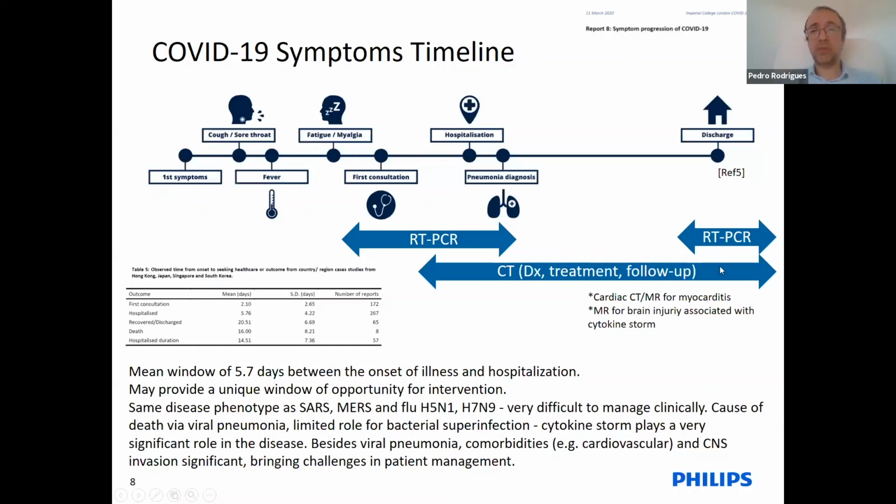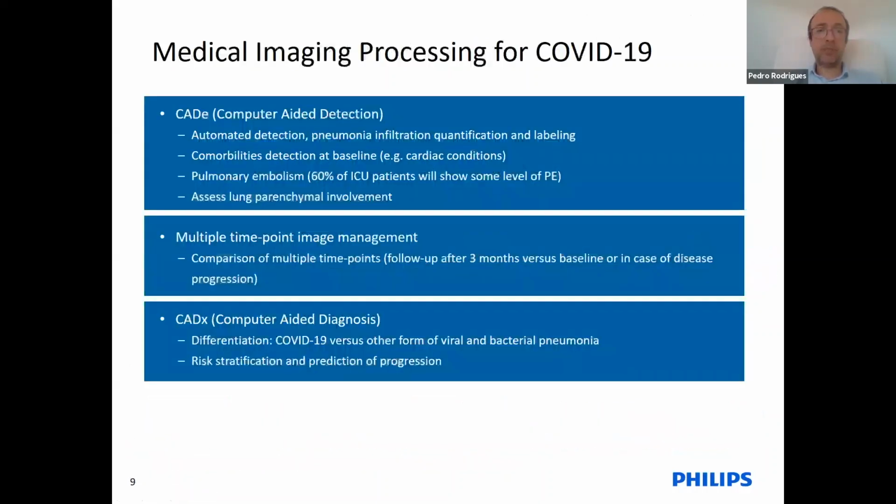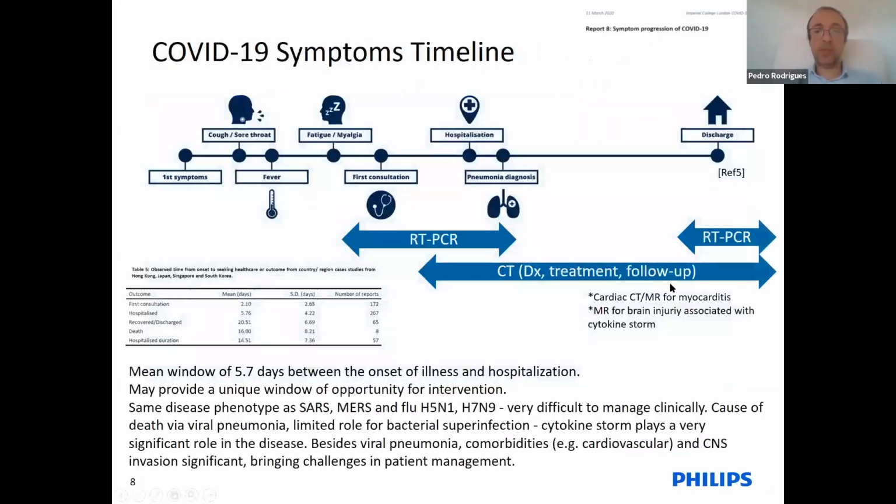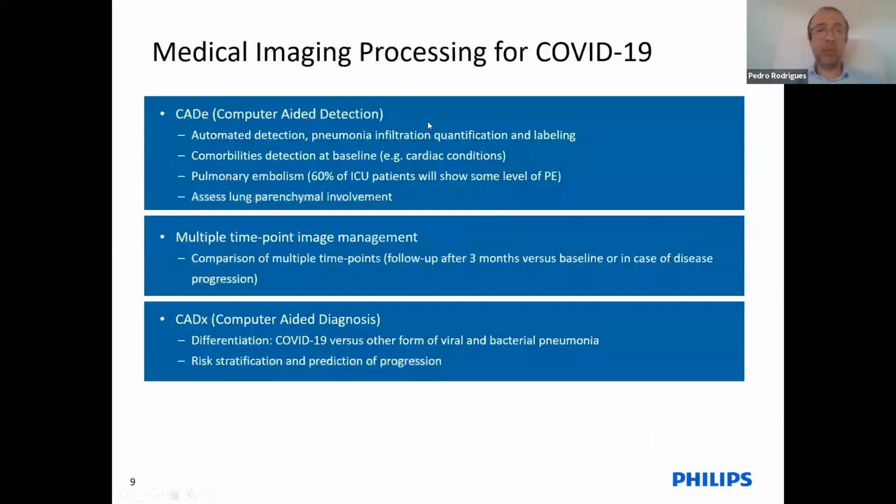Because several of the sequelae may require additional CT, some countries in Europe are now recalling patients 3 months after they are discharged. So in terms of software applications, because of diagnostics, treatment, and follow-up, we see basically 3 classes of how we anticipate medical imaging software tools will assist